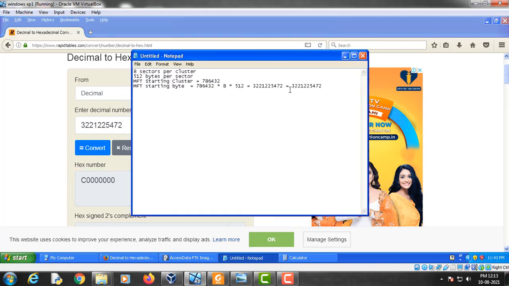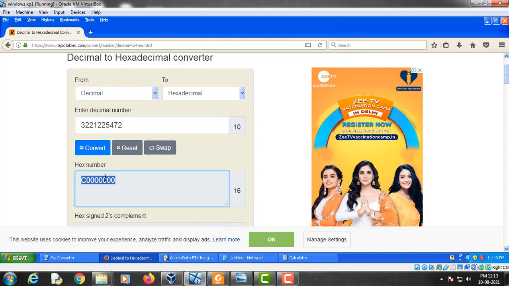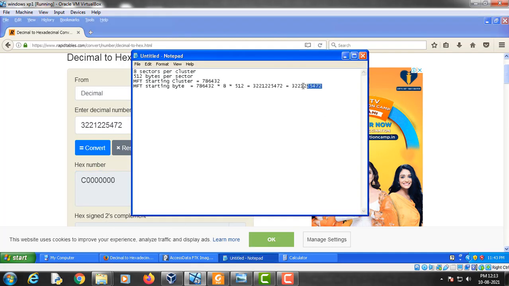Since this value is in hexadecimal, we will add 0x in front of it. Now this is the starting byte of the master file table in hexadecimal.